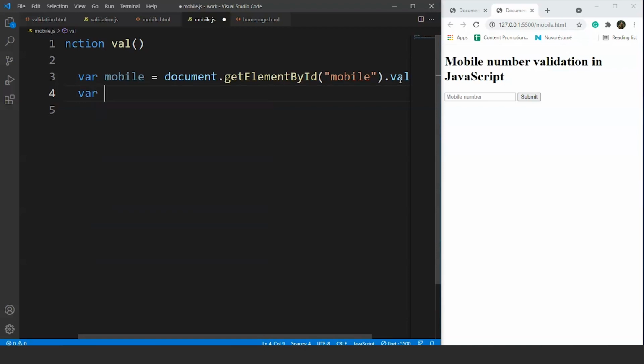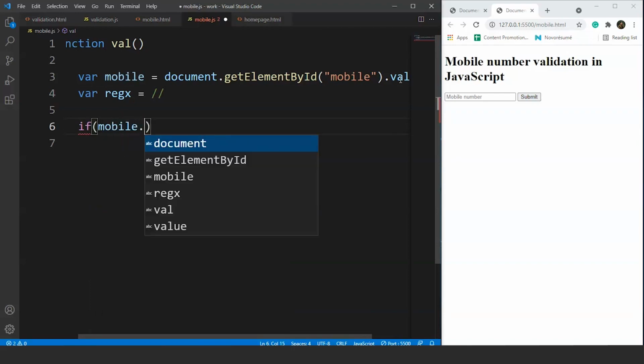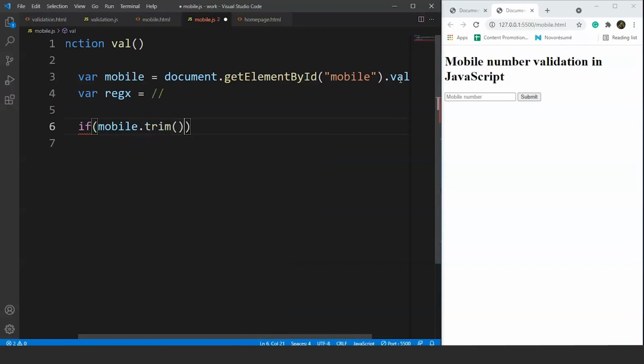So we'll create another variable for the regular expression, and we'll leave it empty for now because we'll change it later. First we'll write the whole program. So what we'll do is we'll again use the if else control statement. So the first condition will remain the same. We'll write here mobile.trim to check if the user is leaving the place empty or not.